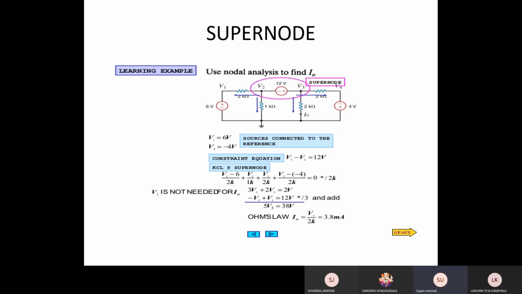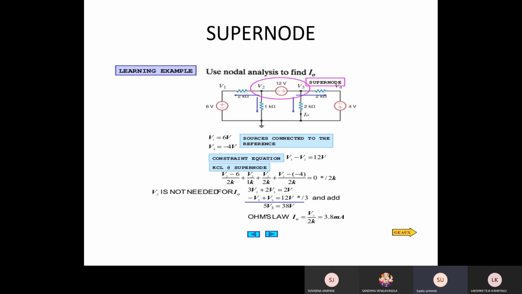For this circuit, what we do is, for this 12 volts, which nodes will be preferred? That is the V1, V2 node and V3 node. This part is nothing but the super node. First you have to write down the equations. V2 minus V3 is equal to 12 volts. So first you have to write down this equation. Then you have to write down the different equation, that is V2 minus V1 by 2 ohms. Next, V3 minus V4 by 4 volts.